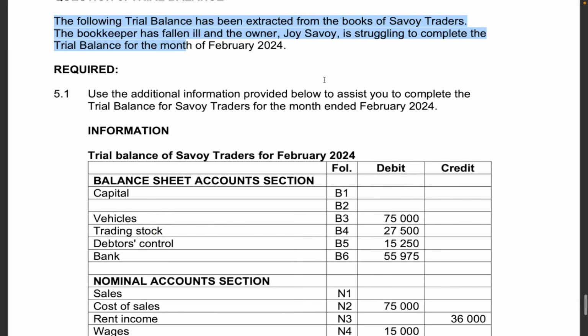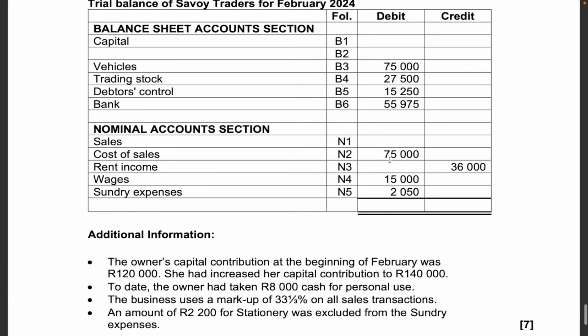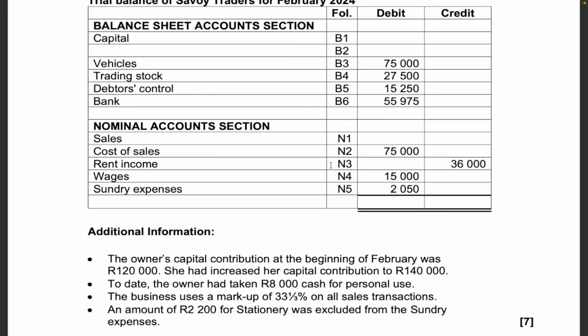of February 2024. Okay, so we have here the trial balance, and of course, you know the trial balance has got two sections: the balance sheet account section and the nominal account section. And it's got a debit and a credit, and the total of your debits must equal the total of your credits if you know your debits and your credits. And we've got the additional information here. So this should be fairly straightforward for us if you know your trial balance, or specifically if you know your